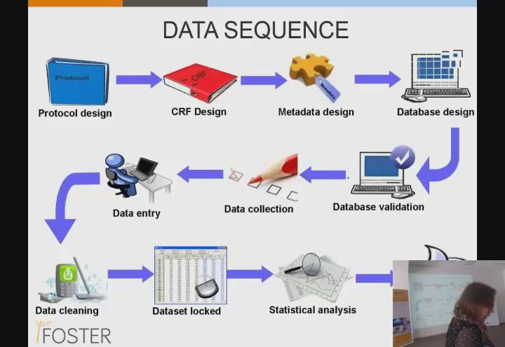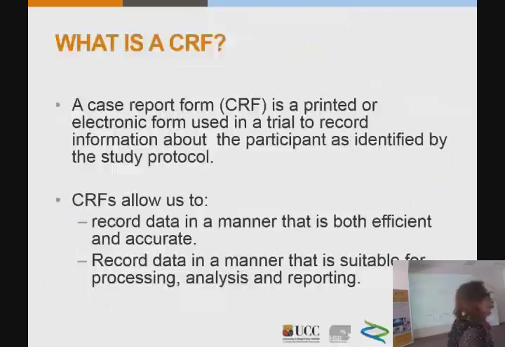I'm just going to go through what kind of questions you need to ask yourself when you're designing your case report form. So we have our protocol. We need to develop some type of tool that allows us to collect the fields that are required to answer the question. It needs to be collected in an efficient manner, and in an accurate manner. If you can at all, if you know the person that's going to be collecting the data, or if the person's on site, and in our case it would be a lot of clinical research nurses with a lot of clinical experience,